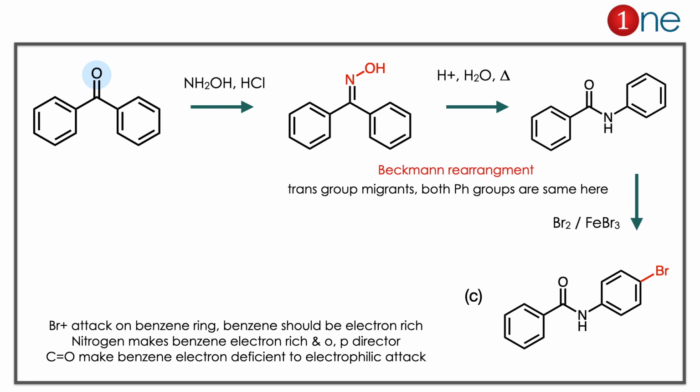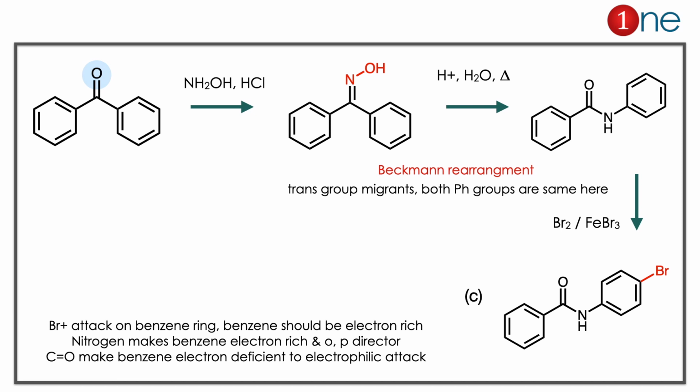The starting material contains a ketone, and you are using hydroxylamine. So what really happened is that hydroxylamine is substituted at the O there. You are using hydrolysis, which is acidic. So definitely it's a Beckmann rearrangement. In Beckmann rearrangement the trans group migrates. Here both groups are the same, so migration won't be a problem. So hydroxylamine converts the C=NOH into a CONH amide. So you have the amide with a phenyl group attached on both sides.